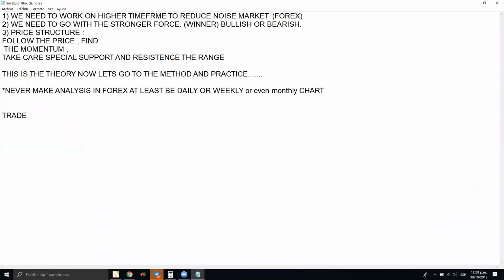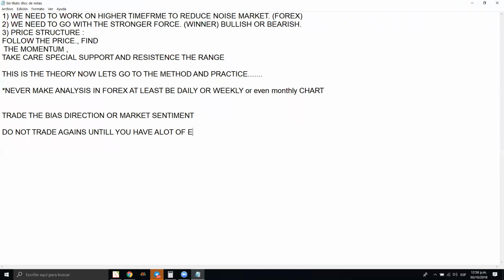trade the bias direction or market sentiment. Okay, or the market sentiment. Do not trade against it until you have a lot of experience and you will need more info. Okay, so